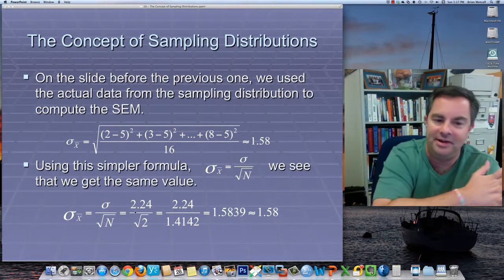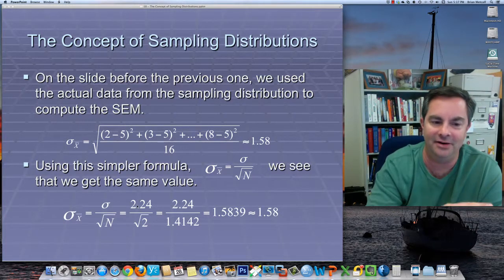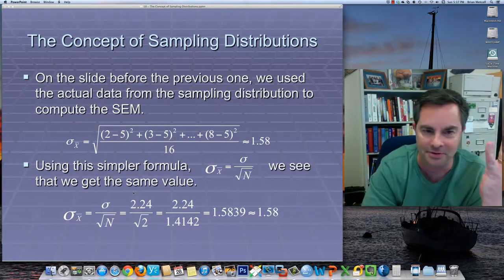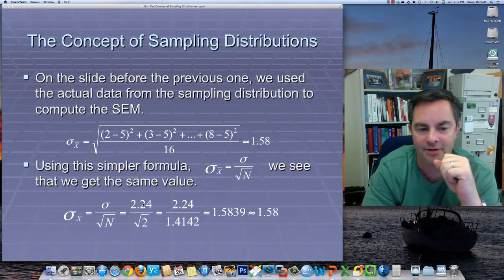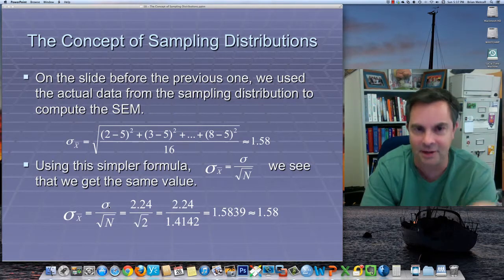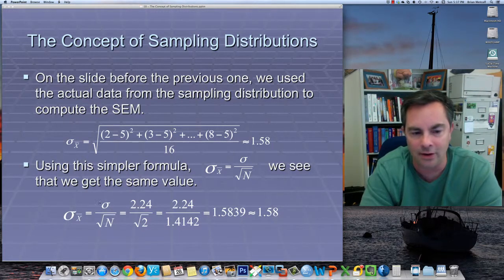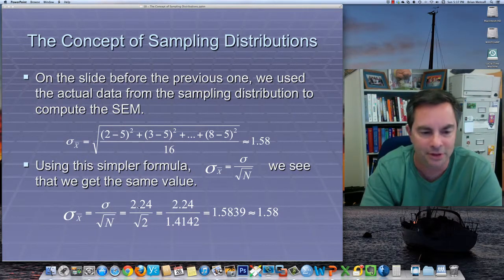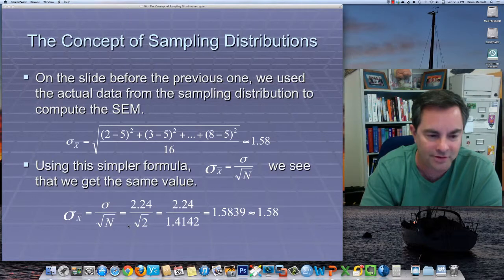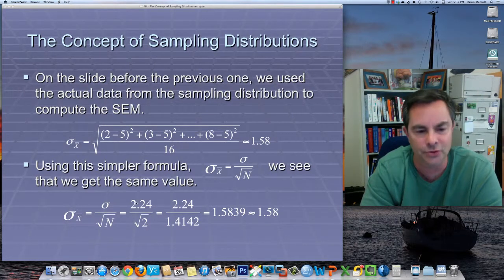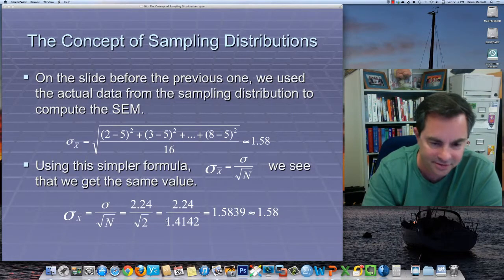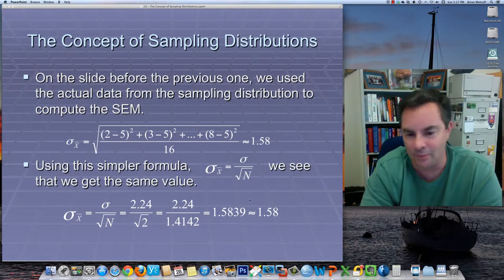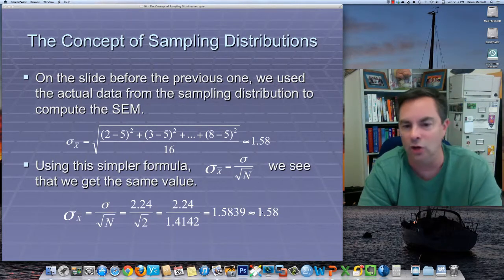Way back at the beginning of this, I calculated the standard deviation for those 4 numbers. If you look back, you see that it's equal to 2.24. So I know that the population sigma is 2.24. That's not a guess. Plug that in. For the sample size, I was sampling 2 at a time, so n equals 2. So 2.24 divided by the square root of 2 is this, and I rounded to 2 decimal places, and look,